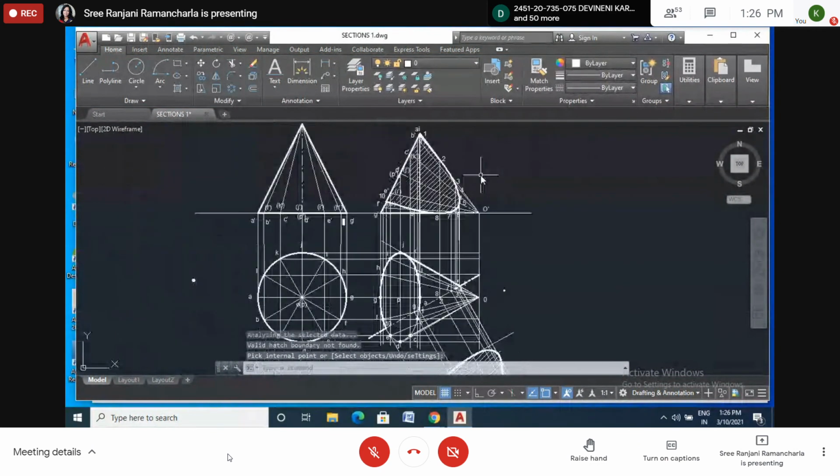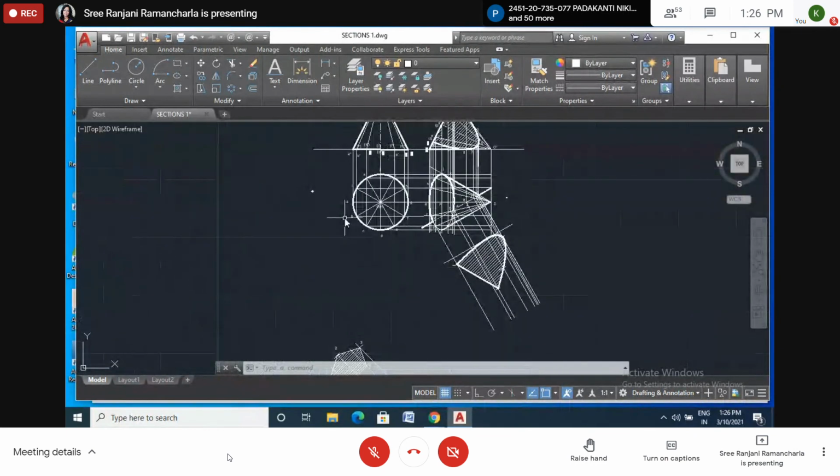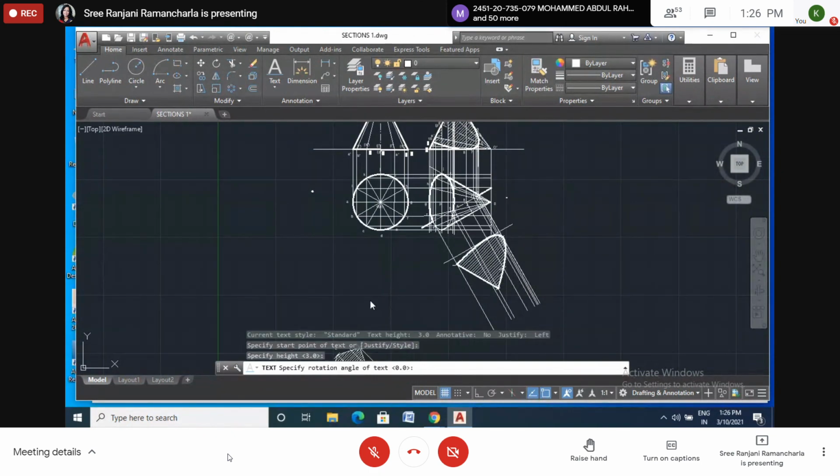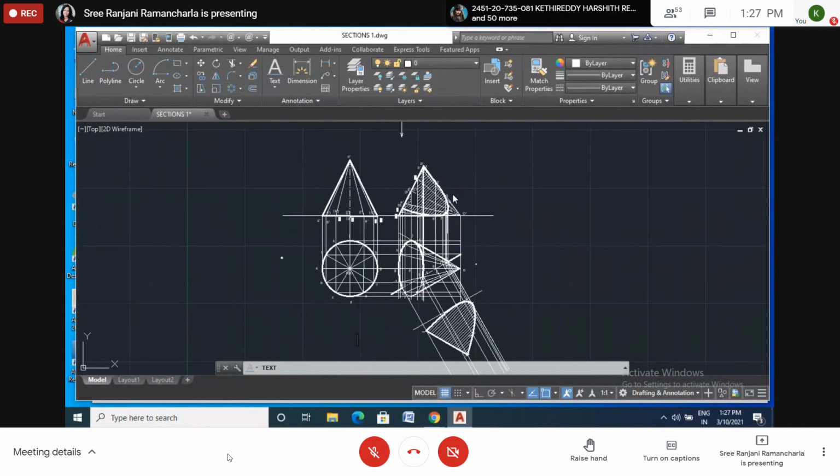Now here in the question, we have completed this section of the cone. Now I'll give the text here. Single line. Now this is the true shape. What is asked? Draw the sectional front view and the true shape of the section. This is the sectional front view. So I'll write it here.